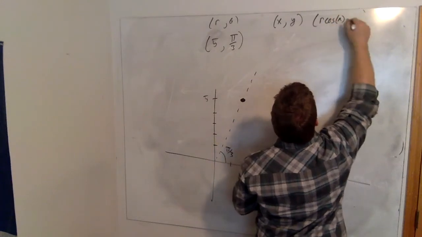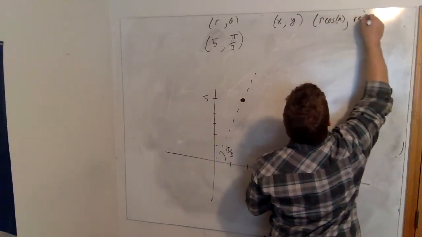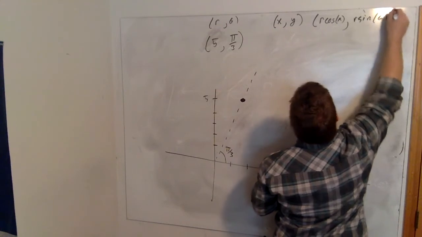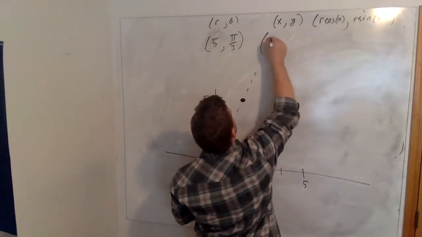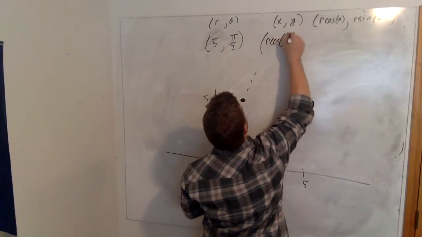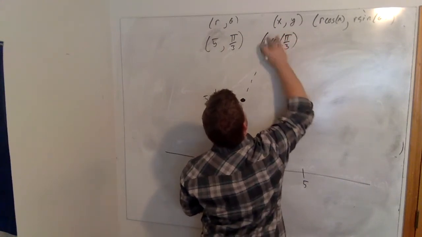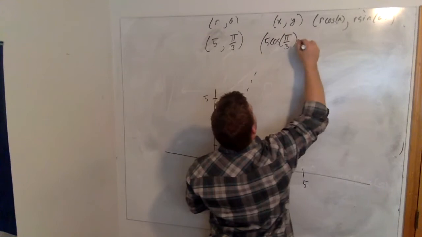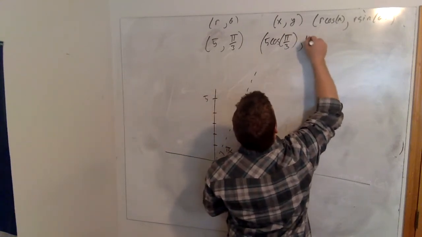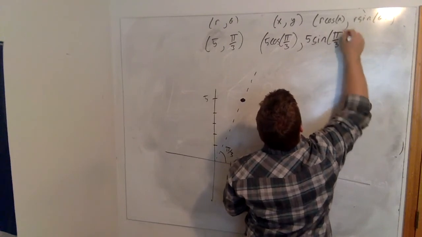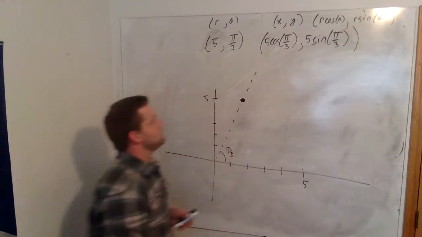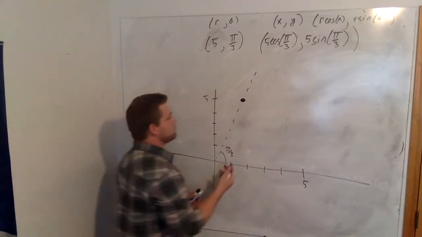That's what x is, and y is r times the sine of theta. So this would look like our radius is 5, so this would be 5 times the cosine of pi over 3, and this would be 5 times the sine of pi over 3. Now you could use your calculator to figure out roughly what these are, but mainly what I just want to note here,